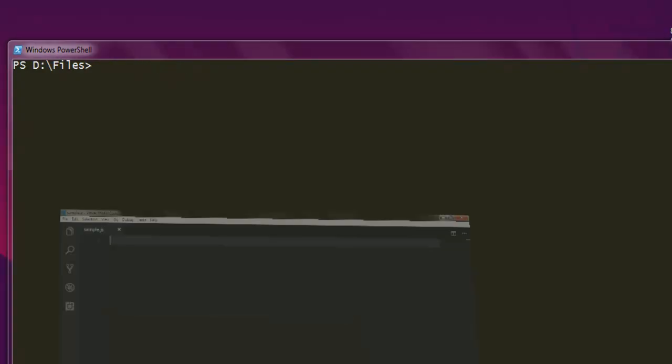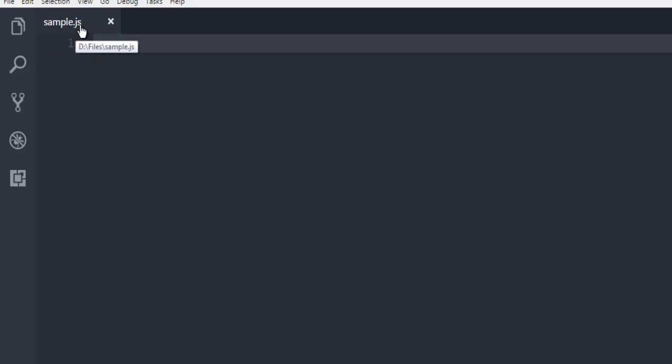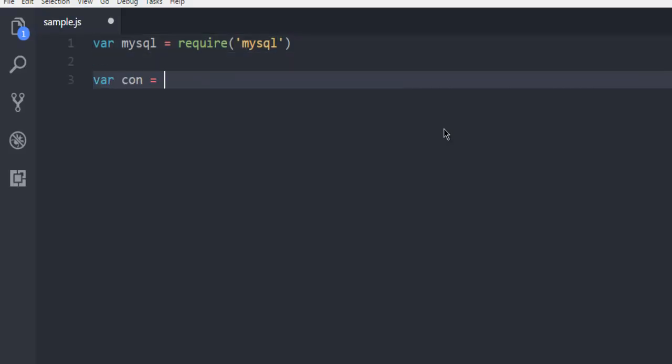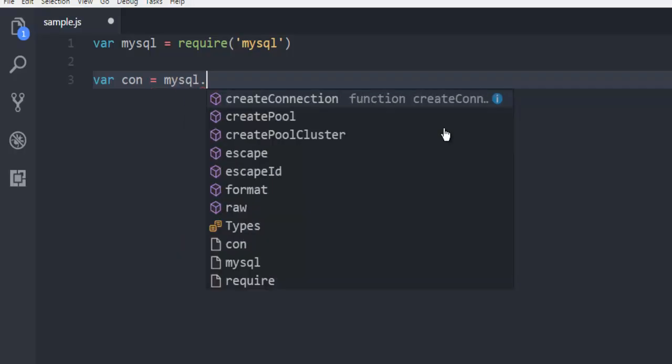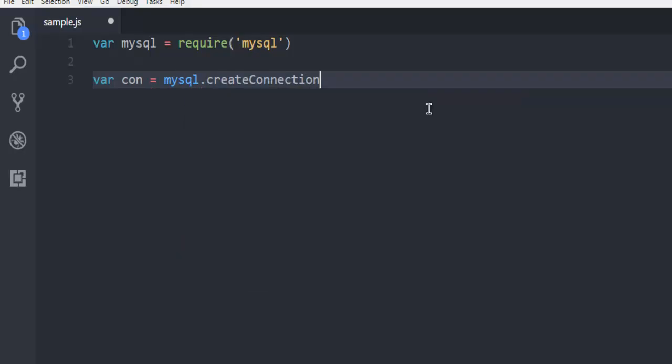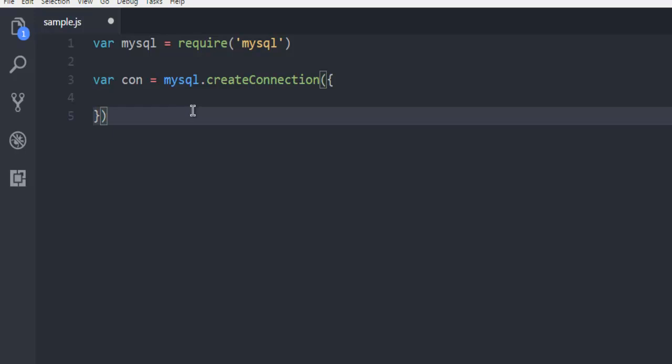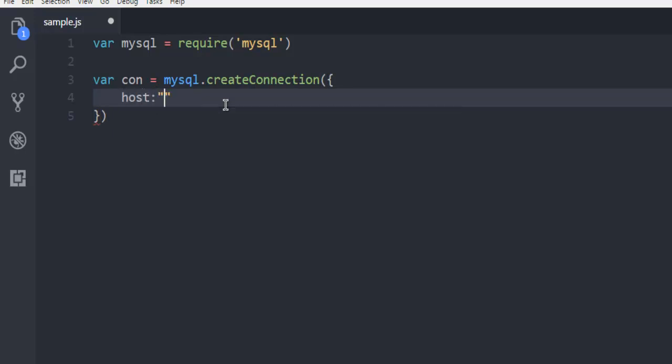Next, open a text editor, such as the sample.js file we have created in Visual Studio Code. You can create this in any other text editor of your choice. Next, type in mysql equals require, then call for the mysql module. Then let's create a connection object with mysql.createConnection, inside which we are creating curly brackets that have host, localhost,